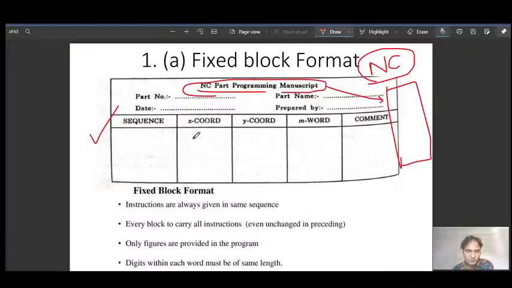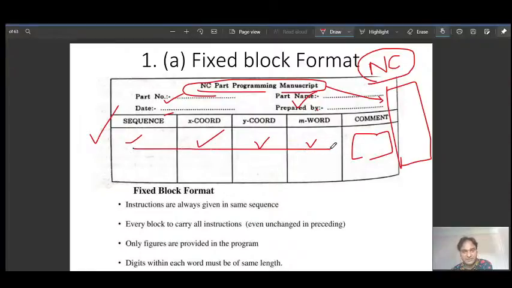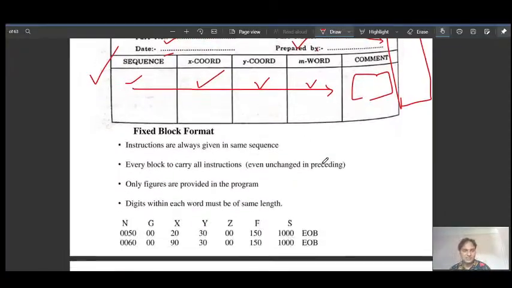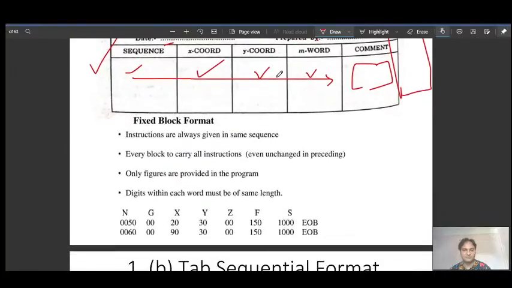In the manuscript we have these details: part number, part name, date, and prepared by. This information is supplied at the top, and then this format: sequence number, x coordinate value, y coordinate value, m value, and comments, which are sometimes written at the end of the block. Here these sequences are fixed. See this: instructions are always given in the same sequence.